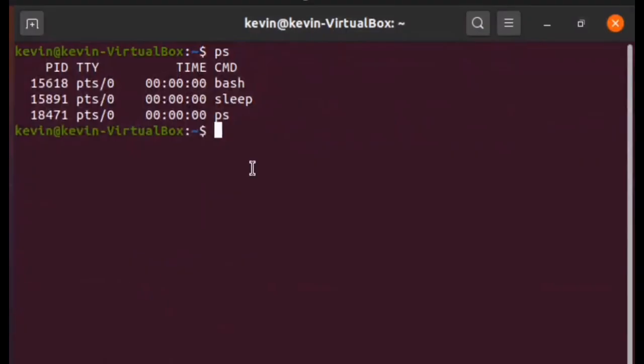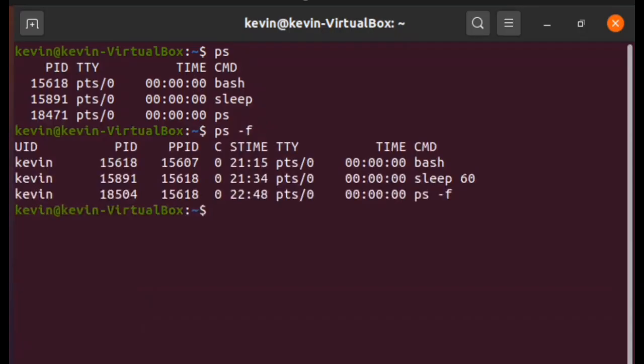So we can see here we ran ps. Now if we do ps space -f, we actually get a little bit more info here. In this first column, it's going to tell you that Kevin was the user that ran the command. Second column is going to tell you the process ID. Third column is PPID, which is going to be parent process ID, meaning that the original job that ran